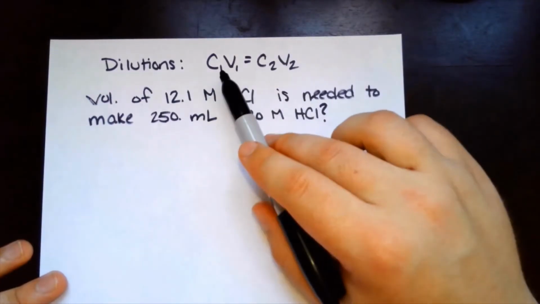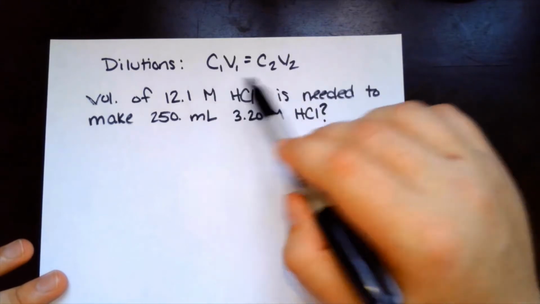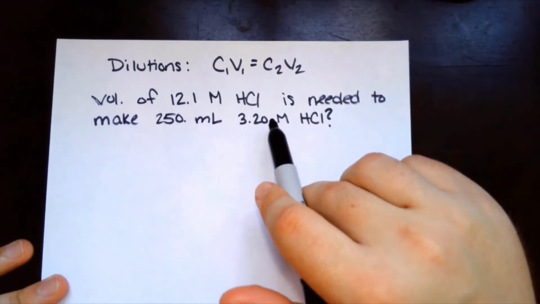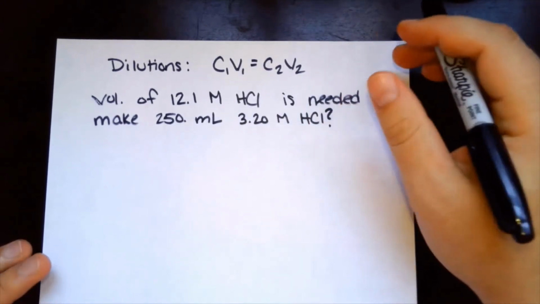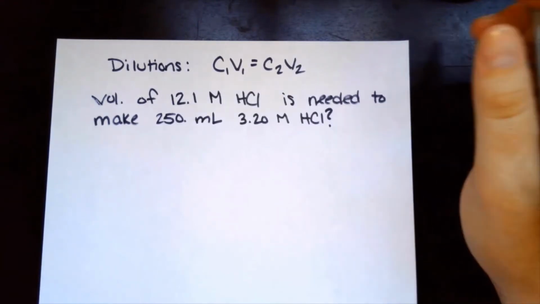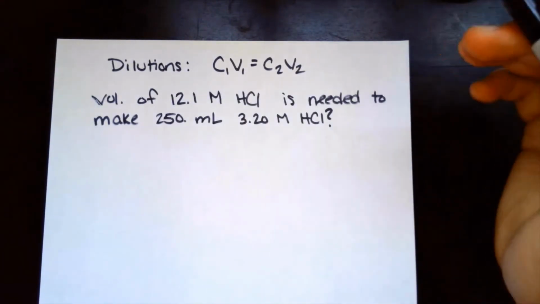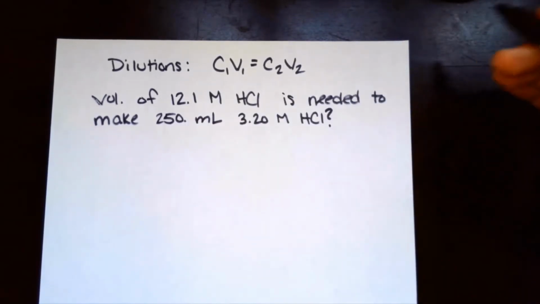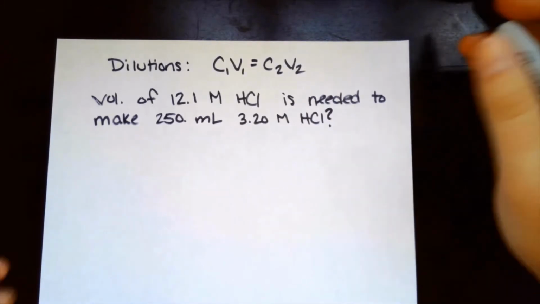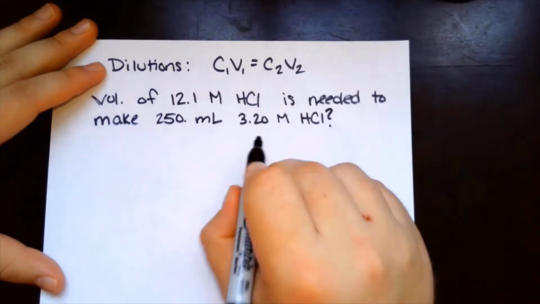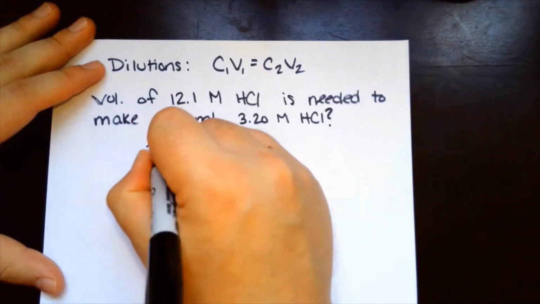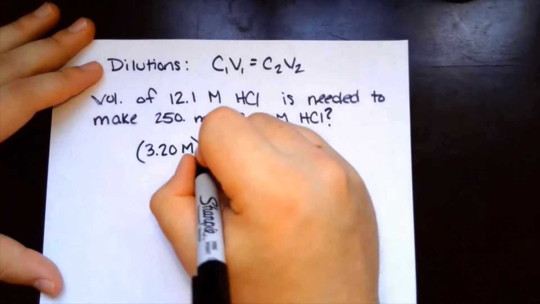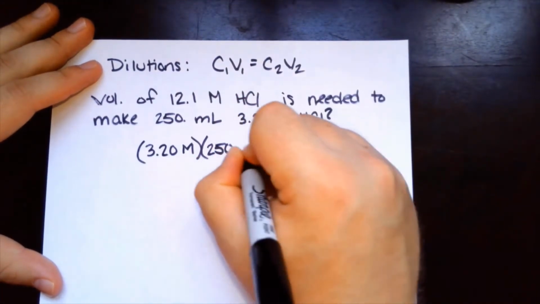So in this equation, it doesn't actually matter which side you put the numbers, as long as the volume and concentration that are given together are on the same side of the equation. You'll always be given a volume and a concentration together, and then one more, either volume or concentration, and you need to find the missing value. So here, we've got 3.2 molar, so that could be our C1, which means that the V1 has to be the volume associated with it, 250 milliliters,